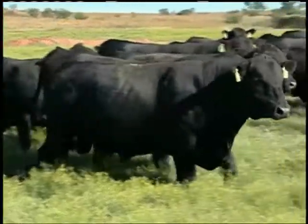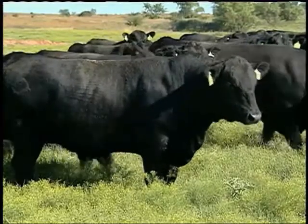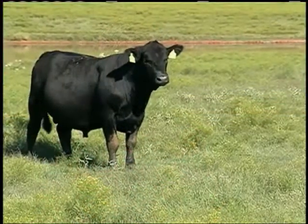In addition to helping the Parkers decide which heifers to keep, the Identity Profile also helps them quickly determine which bulls are making the grade, even at a young age. We've got 85 bulls. They've all got the new Identity enhanced EPDs through the Angus Association, and we're really excited about that because of the carcass accuracies, and that is going to enable us to do so much more with